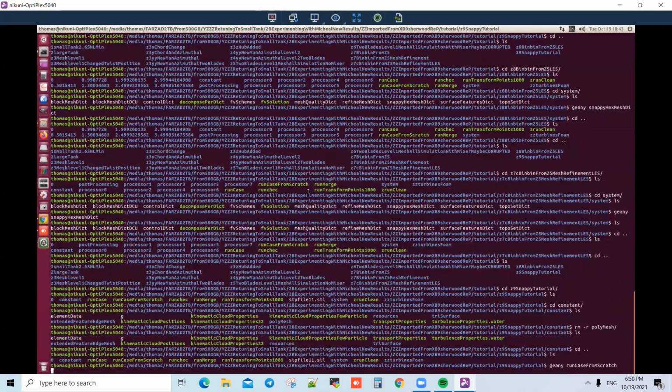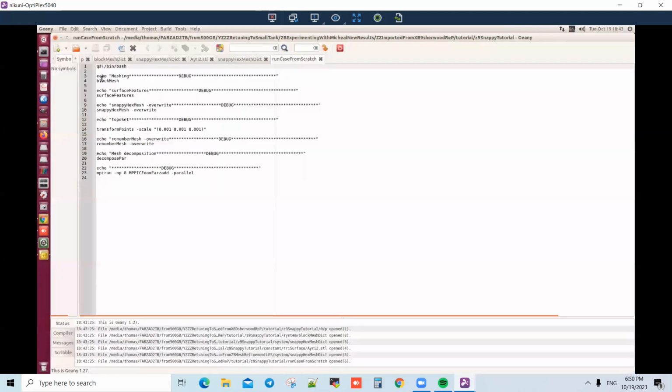from scratch. Okay, this one does the BlockMesh. This one, feature extracted. This time we do the snappyHexMesh and override. And if you remember, everything is in millimeter, so we need to change the transform points from millimeter to meter. Every time that we do a brand new mesh, we need to do the renumber mesh